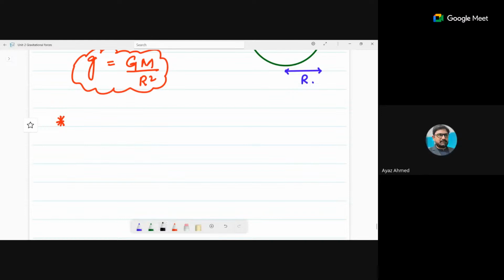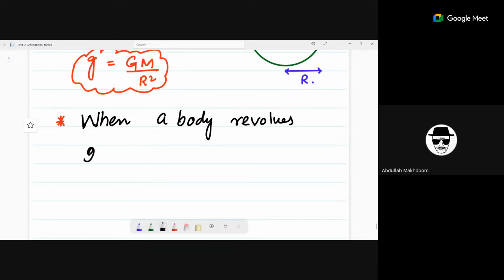Okay, so you will enjoy that, inshallah. Now I was saying that when a body rotates on the surface, around the surface of the earth, do you know what happens? Some of its gravitational pull appears in terms of Fc. So when a body revolves, not rotates, sorry, revolves around the Earth, or around the center of the Earth, or around the surface, yes, its weight